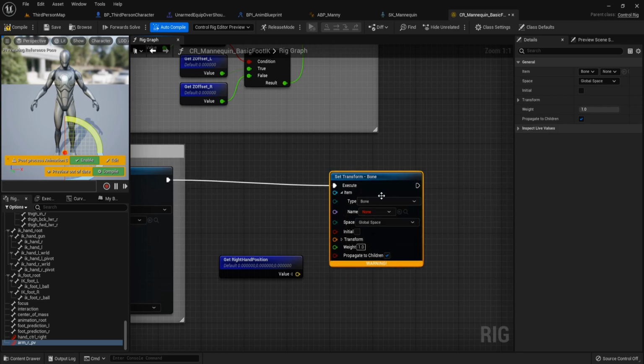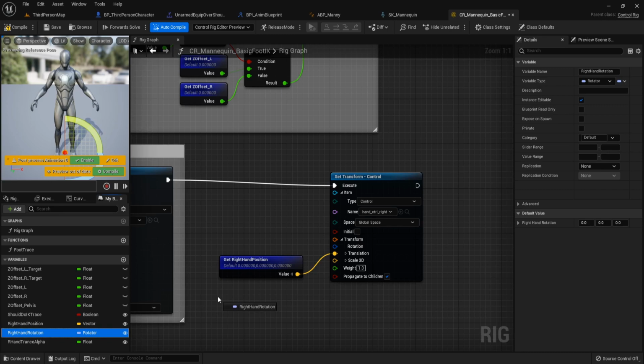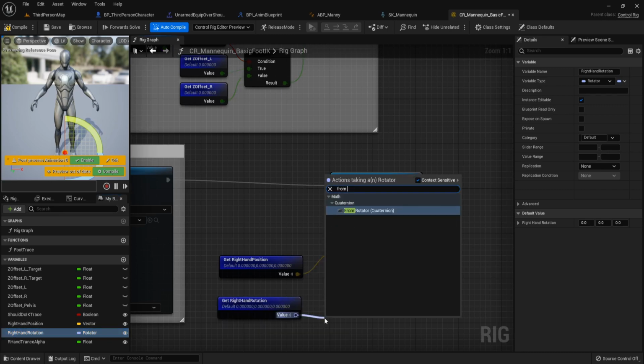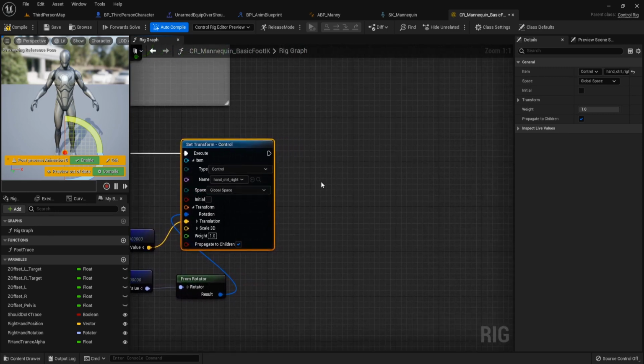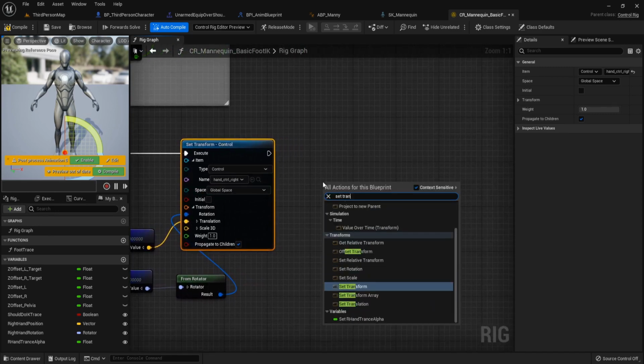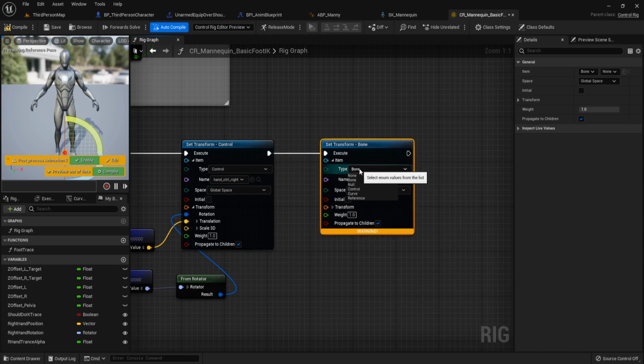The type is control, name is hand control right, and then for the transform, make right hand position to translation and get right hand rotation, call from rotator, connect it to rotation, and then set transform, set the control, and the name is arm pole vector,